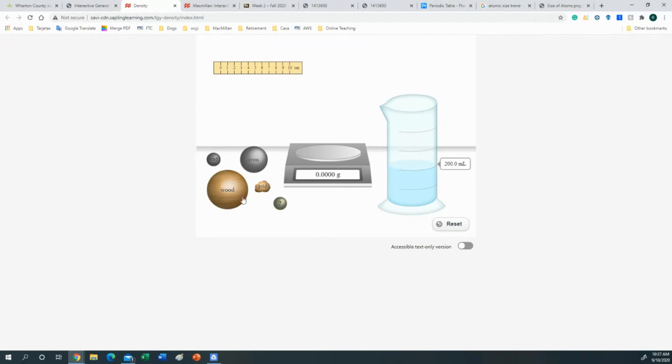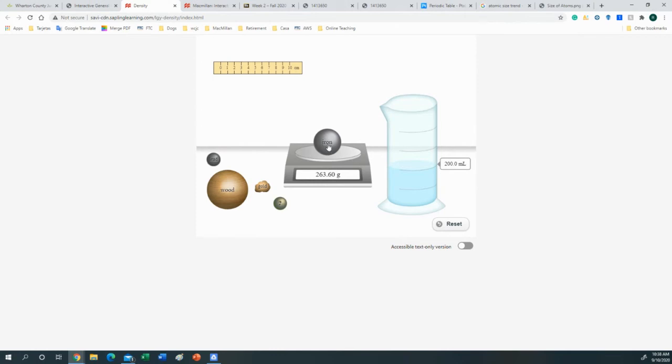So for example, in that one, as far as I remember, you have to calculate the volume of, for example, iron. To calculate the volume of iron, I have to see the dimensions. So I see that the diameter is 4 centimeters. You can move things around, right? And then you are going to need the mass. So I'm going to put the iron here. I can see the mass, or I can